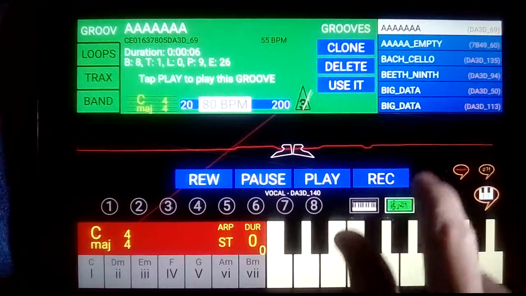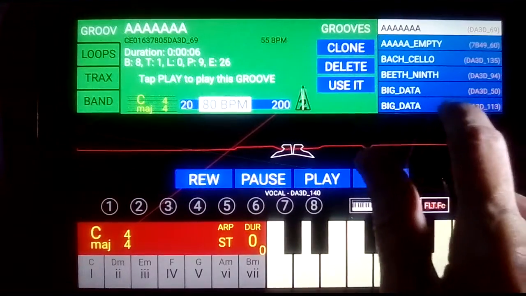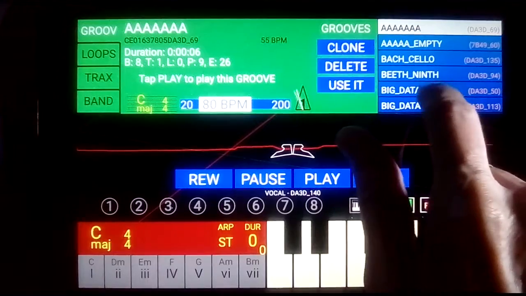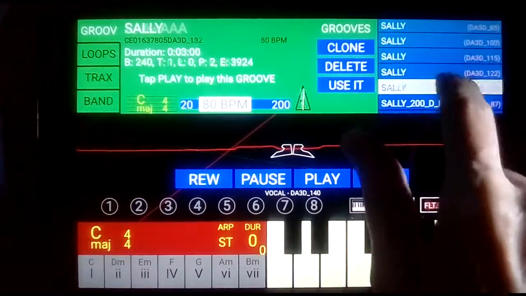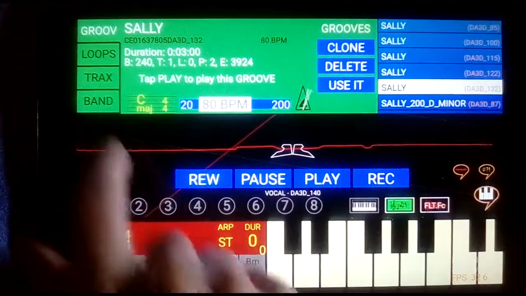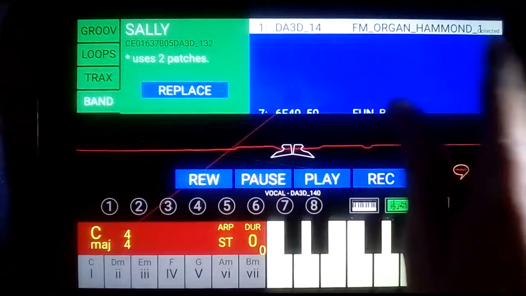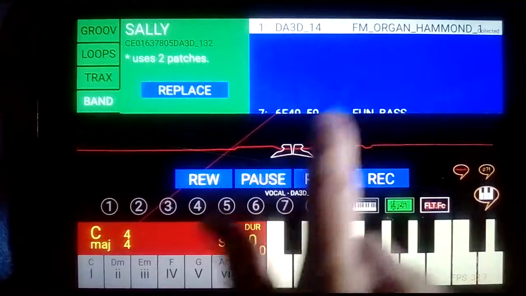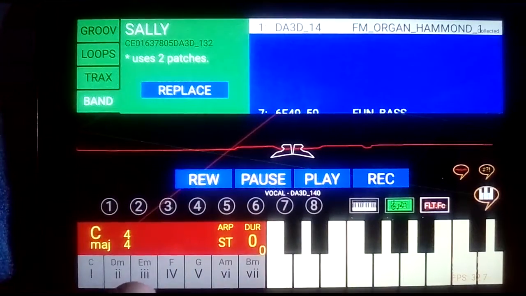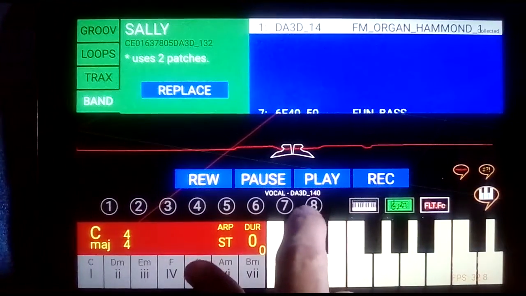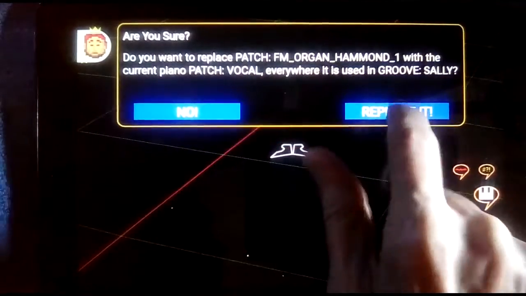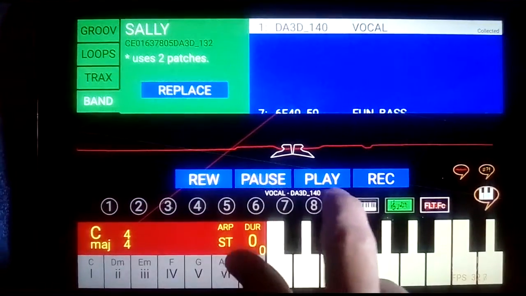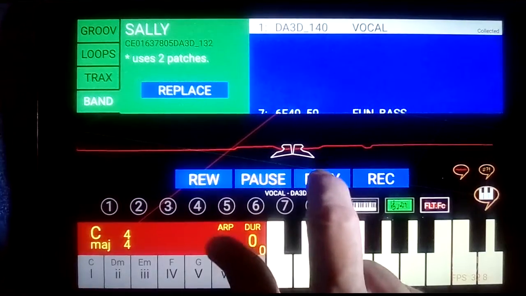Okay, let's find some old song. Let's do Sally. Okay, so we're going to go to band, and we're going to change Sally's recording from Hammond organ to be vocal. And we did save it, so we can do this. Okay, now, what's it sound like